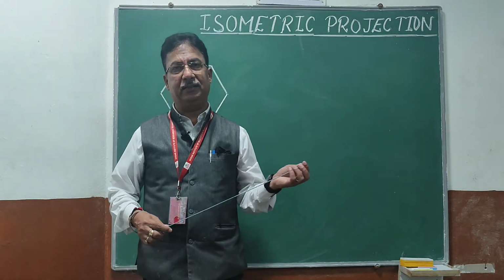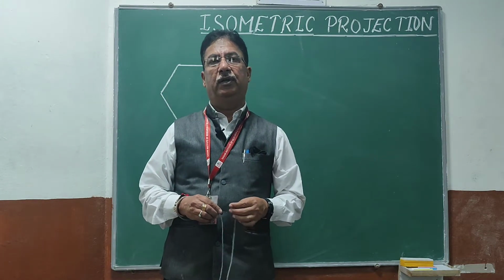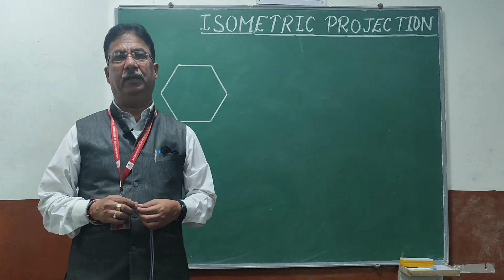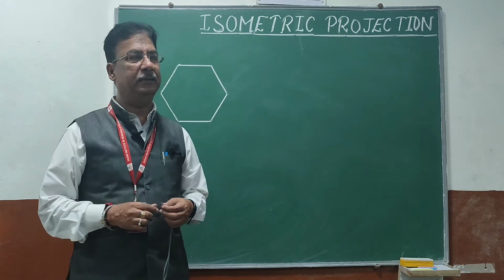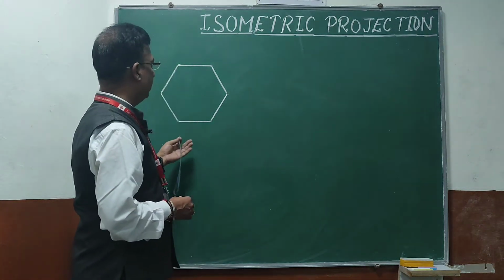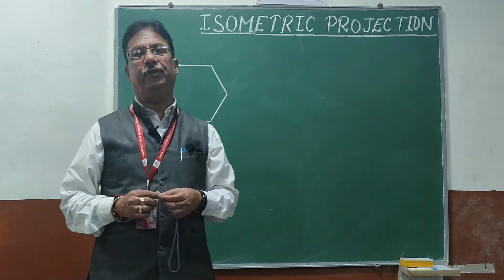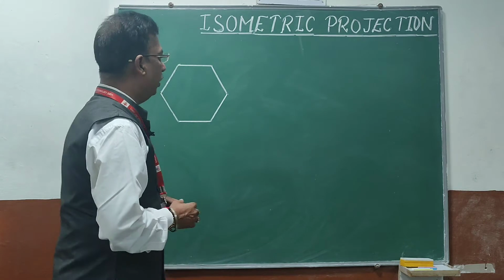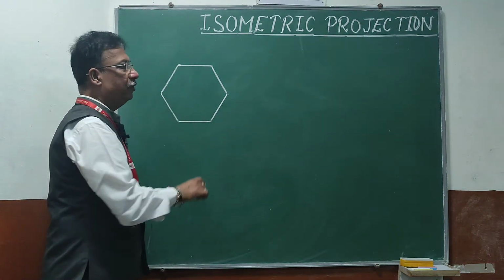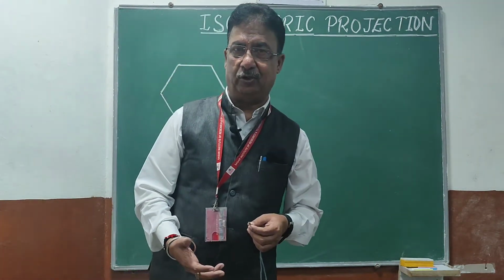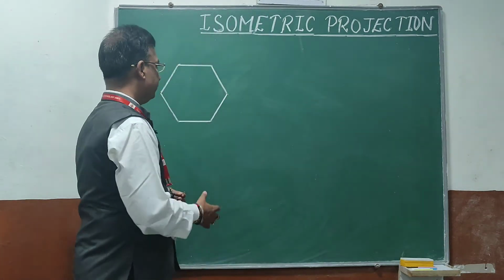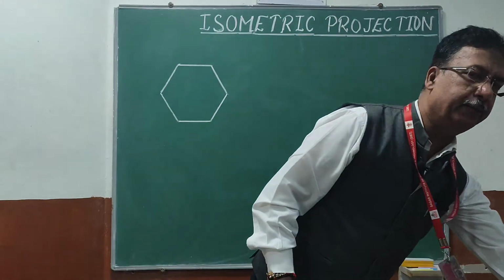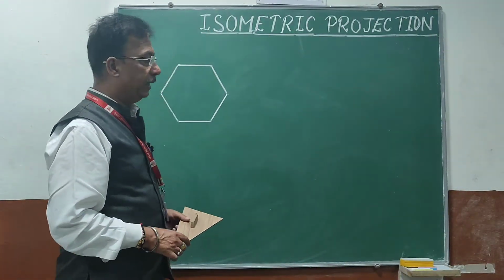As I already discussed, for drawing the isometric projection of any plane figure, if it has non-isometric lines, as this figure has a number of non-isometric lines and a few isometric lines, we will bound this figure inside a rectangle. Suppose this hexagon is the top view of the given hexagon. Then to plot it on the isometric, I am going to use the two axes, that will be 30 and 30 axis.